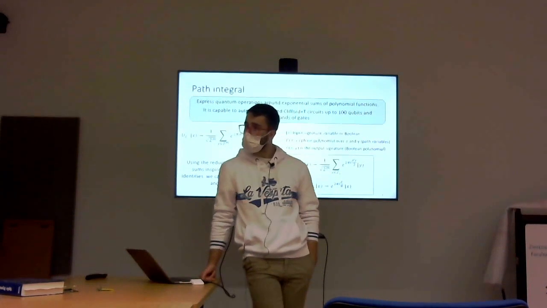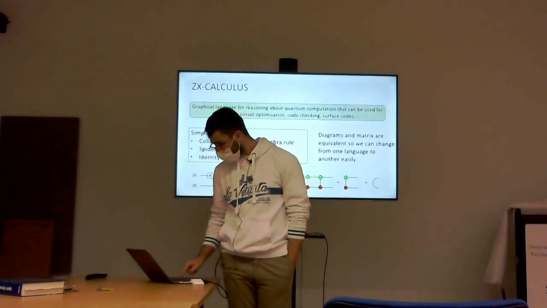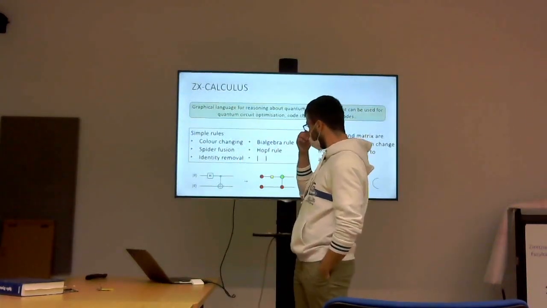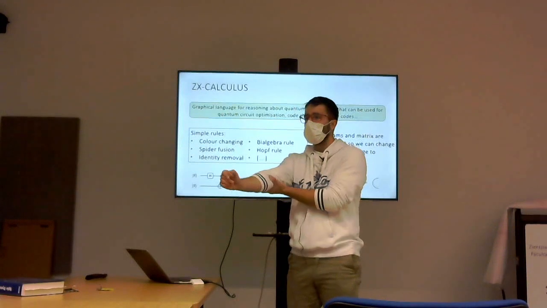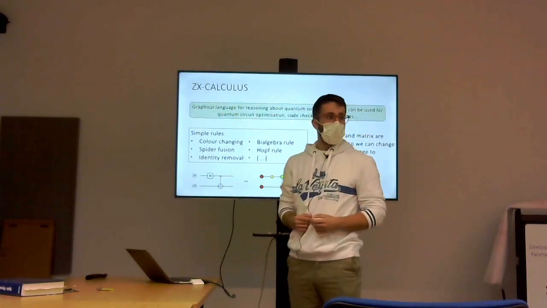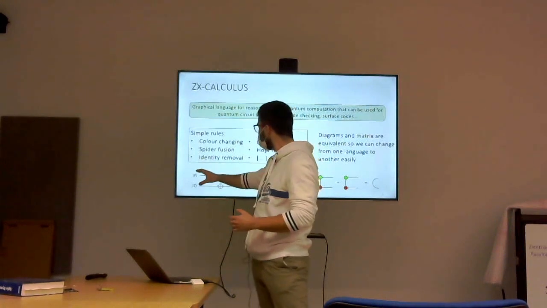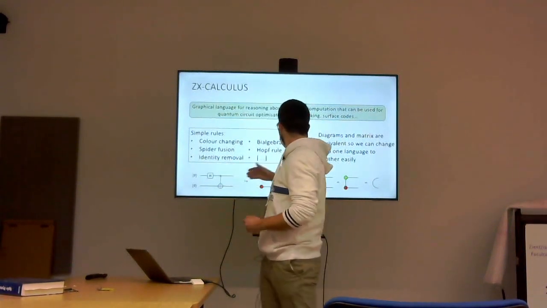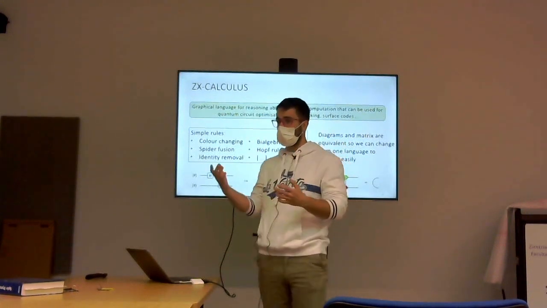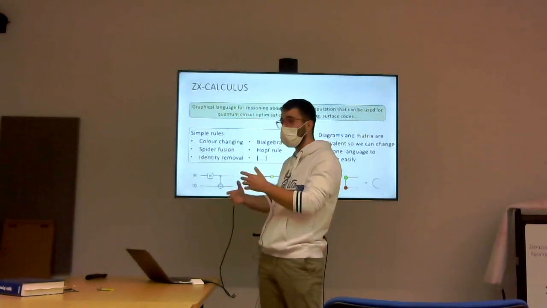Can you explain a little bit more the previous one, the ZX, because for me it was like magic? Okay, it was proposed by Coecke, I think, in the Dodo book. What they do is that you can draw all the circuits. They say that these circuits, these diagrams, or the matrices are really complex for the human being to understand and to simplify. So what they developed is like Feynman